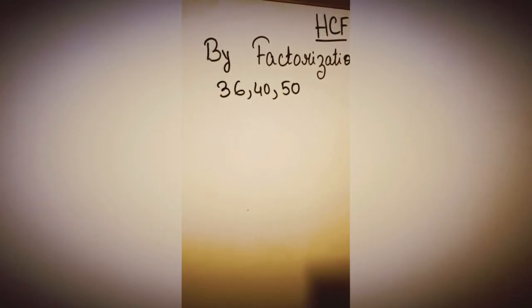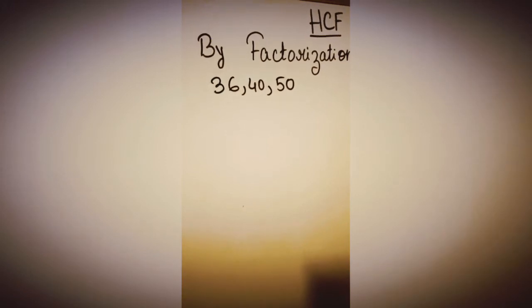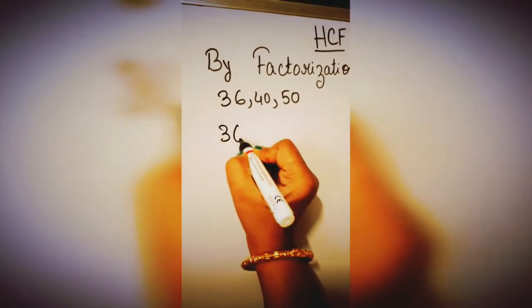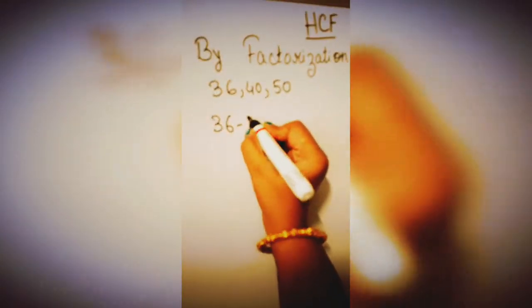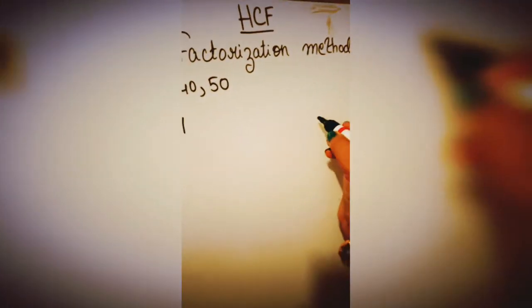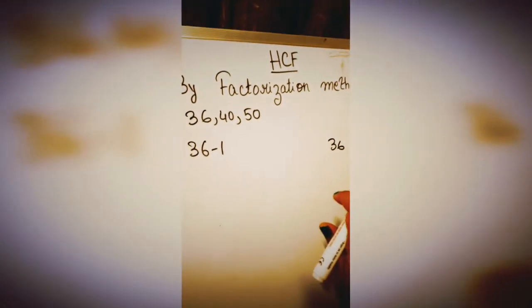of these numbers. Now what are factors? Factors are the numbers in which tables this number comes. For example, 36 comes in which tables? 36 comes in 1's table, yes. So 1 into how much 36 comes? 1 into 36. We can write it in this way. It will be an easy way.